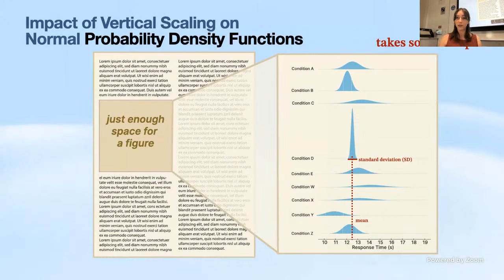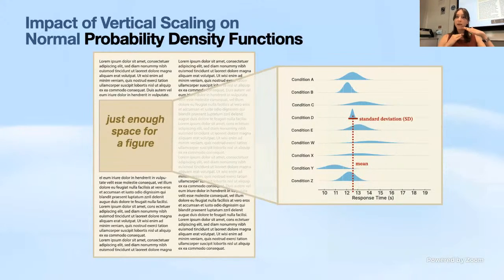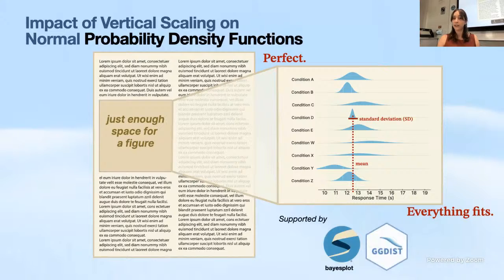So what we can do here is vertically compress some of the plots so they're all equal in height. And this doesn't impact the statistical information underlying our encoding, and it fits, and it kind of looks like the perfect solution. And this is common enough that we have popular stats viz libraries like StanBasePlot and ggdist supporting this